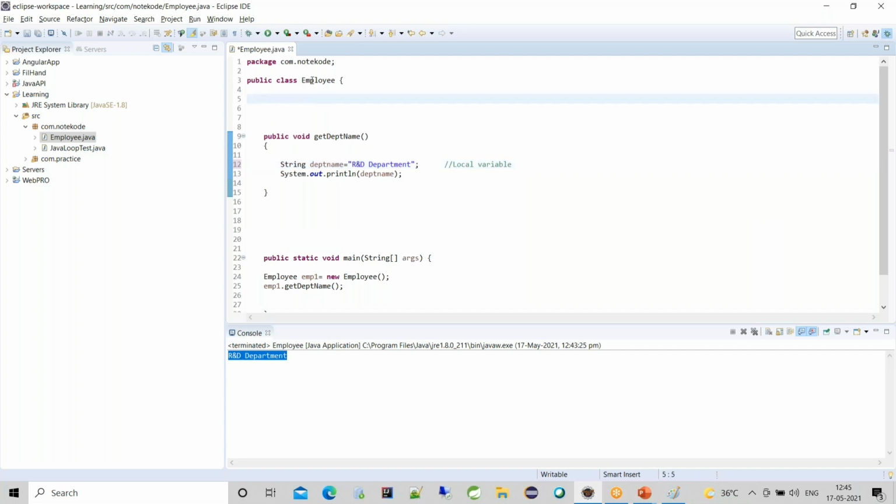Now let's understand this example. This is the employee class, and this employee class will have a string employee name, obviously. Let me initialize this name as Tom. Now there is an employee name Tom. This employee name is declared inside this class, and outside of any method, so this is an instance variable.